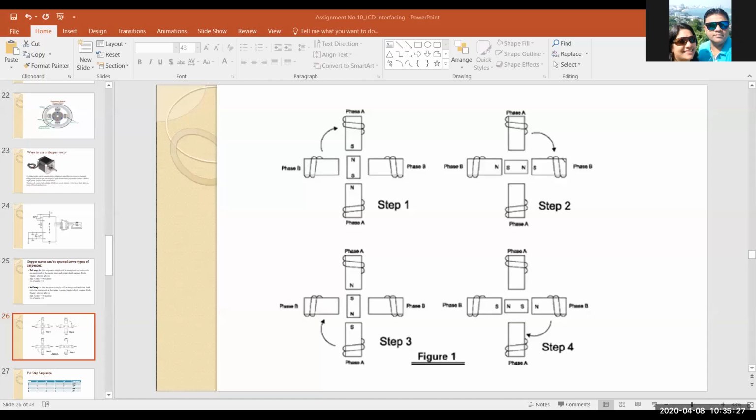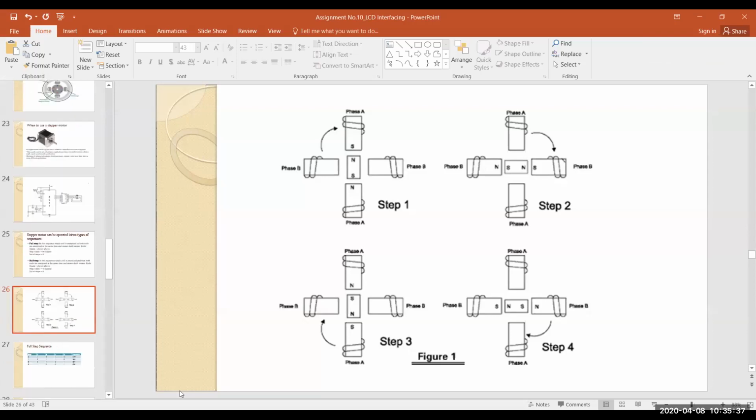Have all of you understood the working principle of the stepper motor? Yes or no? Okay, so this is what a stepper motor is.